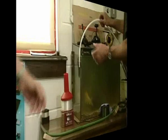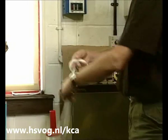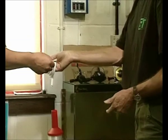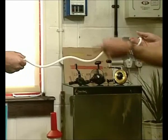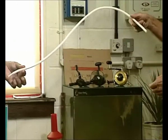I can show you the same thing here. If I wrap that round my hand, simulating a spool, we've got a marker on the end there. Now there's say 3 coils of line there. If you hold a marker and take it off, you can see the coils we've generated. If you untwist that, Chris, so that's 1 turn, 2 turns, 3 turns, we've now got a straight piece of